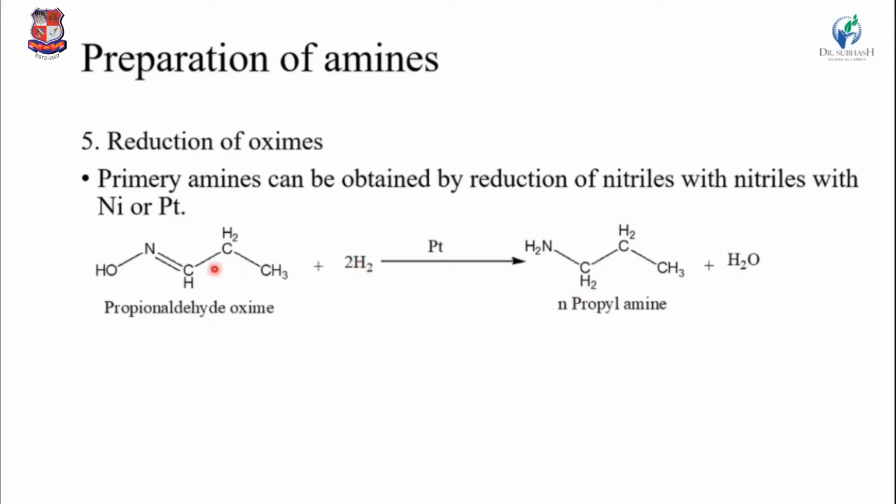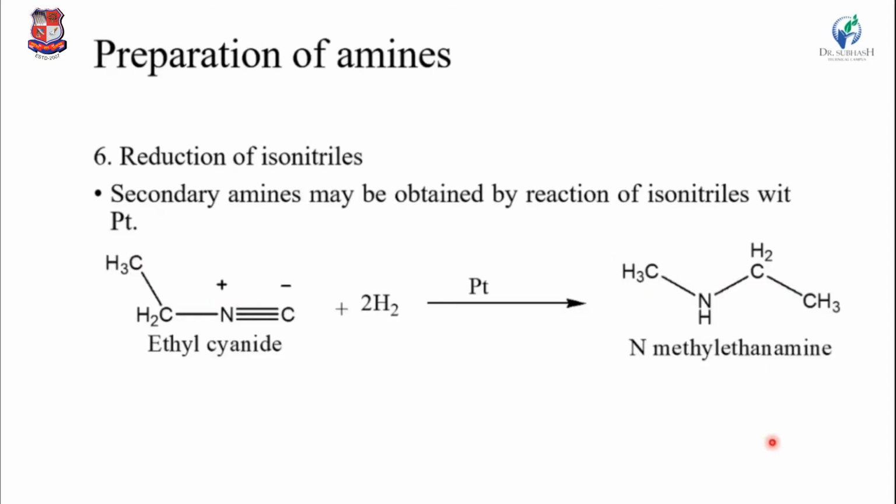Here H2 are attached here and this is removed, making one molecule that is removed. Then the sixth one is the reaction of the isonitrile, making the secondary amine. It may be obtained by the reaction of the isonitrile with platinum, that is a reductive agent. So ethyl cyanide plus 2H2, making N-methyl ethanamine. Here 1 H is bound here and 3 H are bound here, making the N-methyl